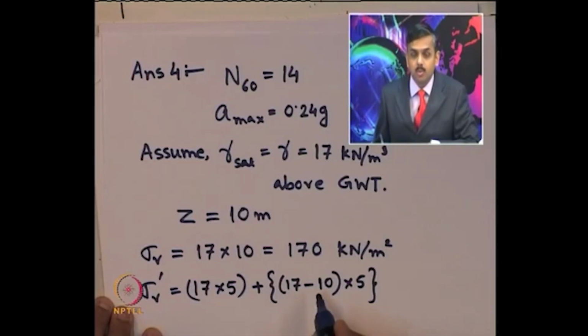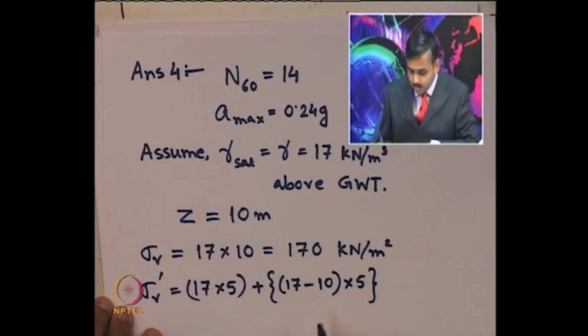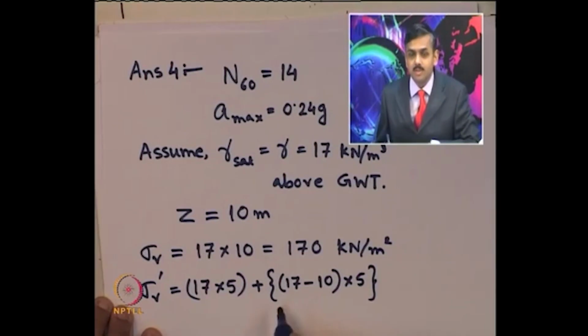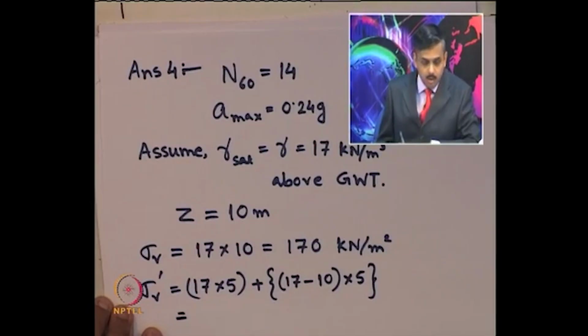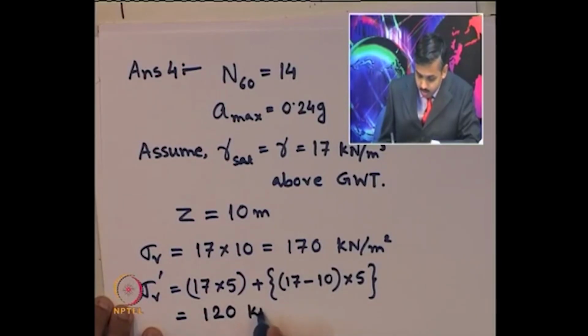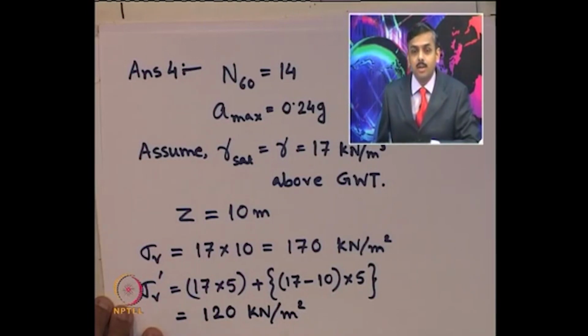If somebody wants to consider 9.81 kilonewton per meter cube, that is also correct. One can consider that as well, but for simplicity we can consider 10, which computes to be 120 kilonewton per meter square as the effective vertical stress at the depth of 10 meter,